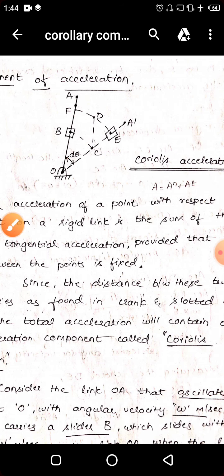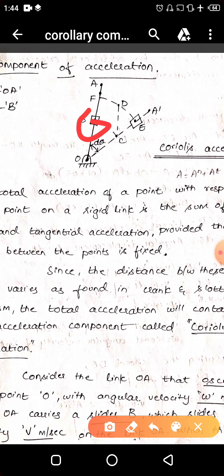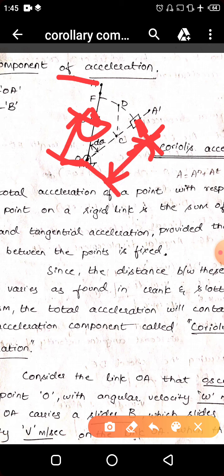Now, for example, if we take this point B where the slider is resting here, point B is nothing but a point which is to be considered on the link OA. Now this slider, after it is having angular acceleration d theta, it will be assuming a new position E here. Now this point B has been moved to the new position here. So this point on the link OA is not fixed here. Now this distance from O to B is different and from O to E is different. Now before the displacement and after the displacement, the distance has been changed here.